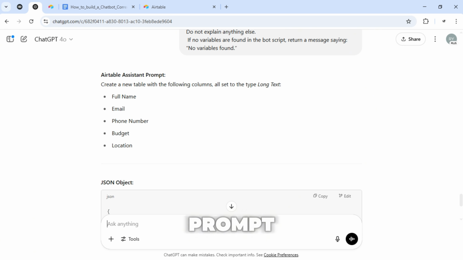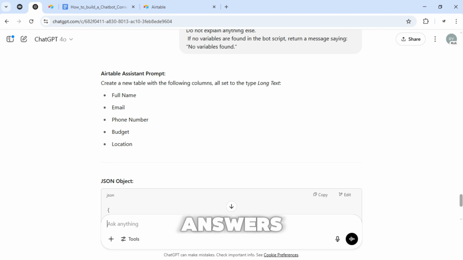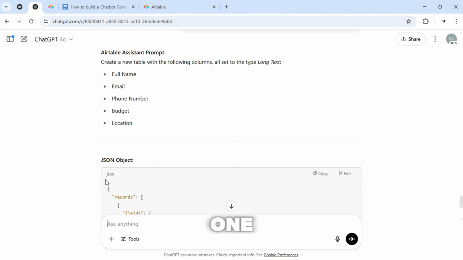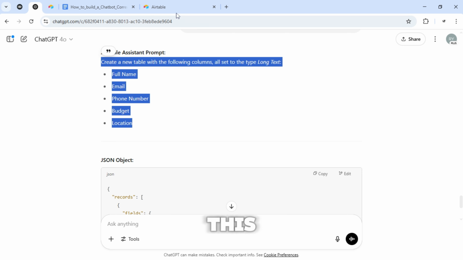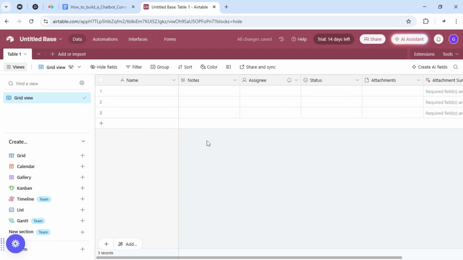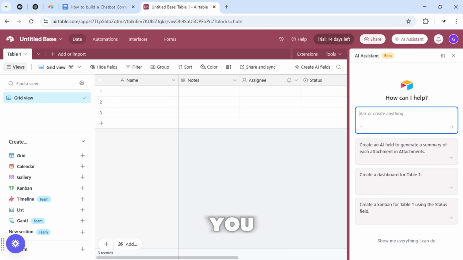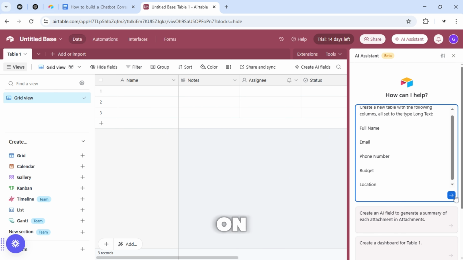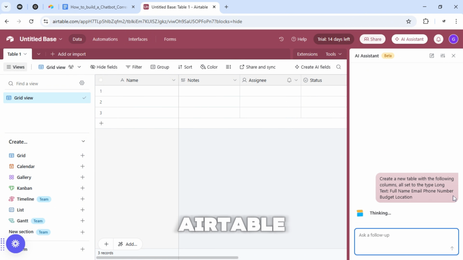Now, once you've pasted the prompt, ChatGPT will give you two answers. The first one being this one and the second one being a JSON code. For now, we're only going to need the first answer. Go ahead and copy this. Then go back to Airtable and you're going to probably be on this tab. So click on start from scratch. And then here on the right top corner, click on AI assistant. And then you just need to paste your prompt here and click on this blue arrow and Airtable will create